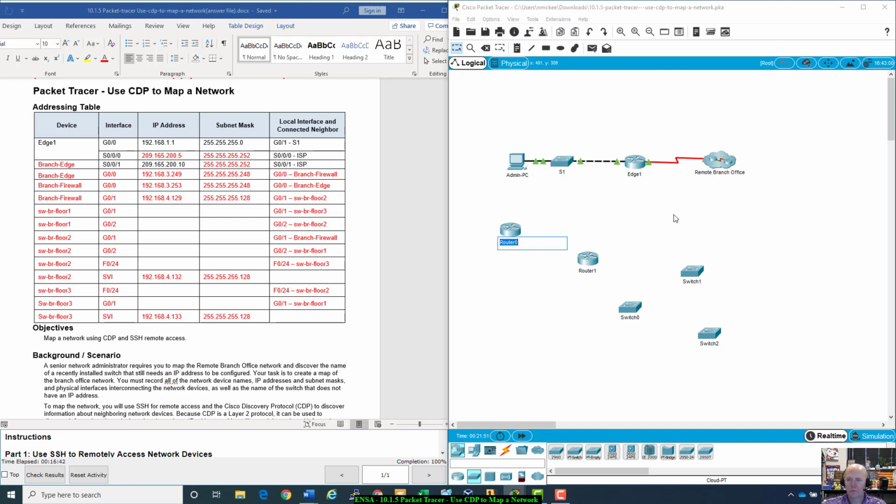Oh, I can't do branch edge. How about branch dash edge? Nope. Okay, let me do branch underscore edge. All right, there we go. Branch edge. I want to do branch underscore firewall. All right, I want to do switch